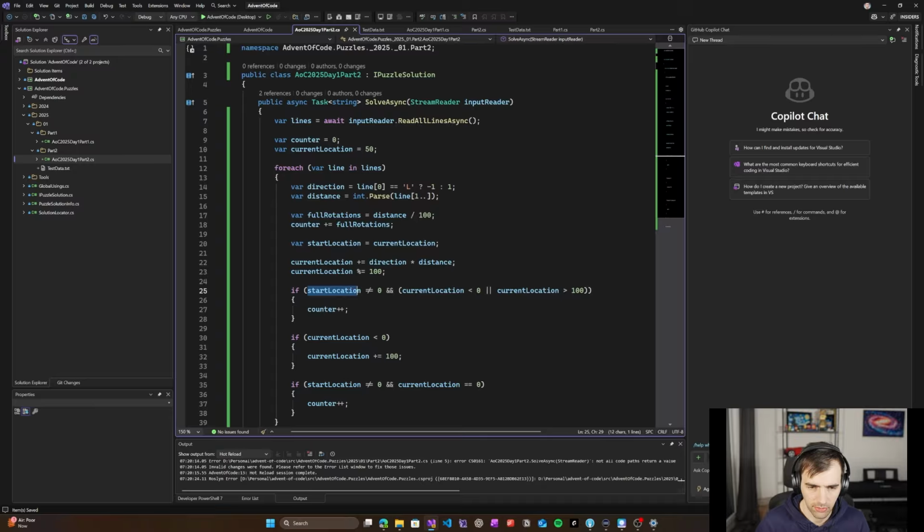Then the second time we check if the partial rotation that remains after doing those full rotations also passed through 0. So we didn't start at 0, but did we go to the left or to the right from the 0. And finally, well, this actually cannot happen, right? This cannot happen because we always modulo by 100. So technically, this is the condition that we want. So if we go under 0 by the partial rotation,